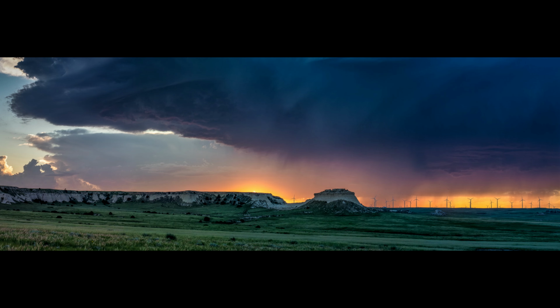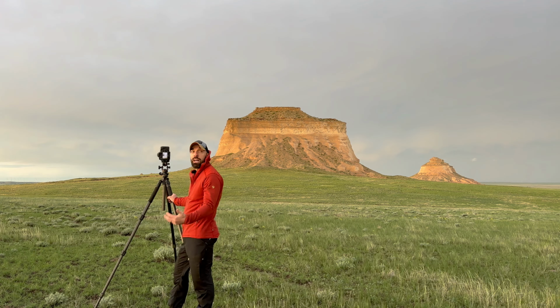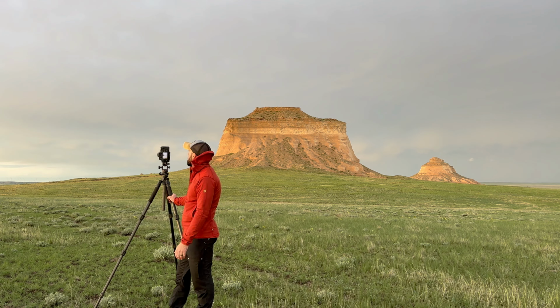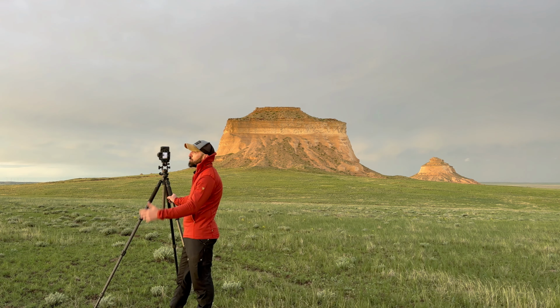And if the light does catch over here, I'm gonna have no choice but to try and find a composition, because the clouds are phenomenal. And you don't get clouds like this a lot in Colorado, so I don't wanna pass up the opportunity to shoot them. The buttes aren't going anywhere. I can always come back and shoot the buttes, so I'm here to capture the storm clouds, but